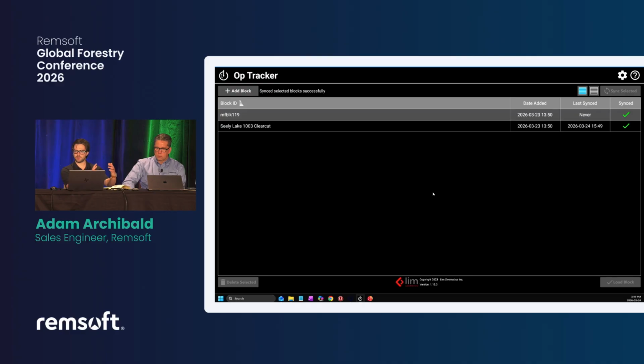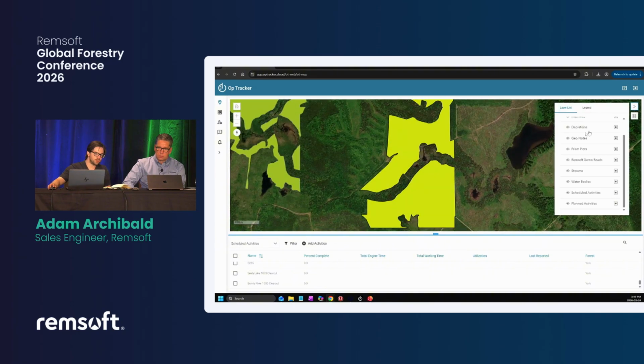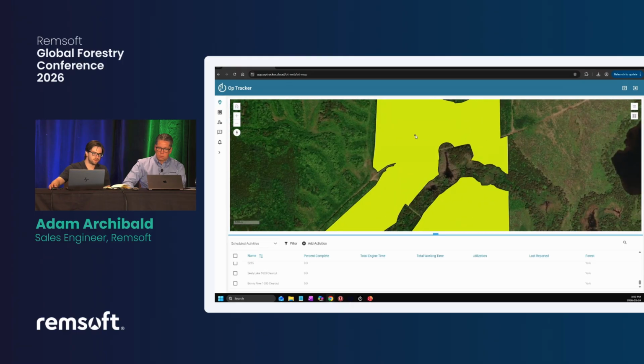You're going to have thicker pockets of denser volume, bigger stem or piece sizes across the unit, but that can give an estimate. If that's good enough for us in Remsoft operations, we can collect that and bring that in through OpTracker. So I'm going to go back to the web application now. I'm going to turn on my point GeoNotes. So this is a layer, and there is the new